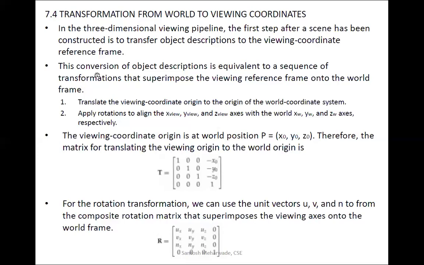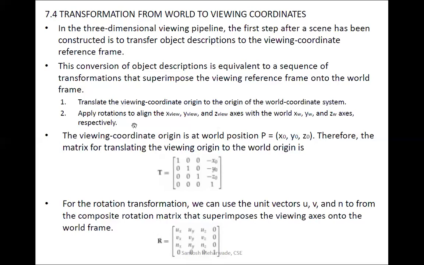The object is there in front of you, that is physical, it will be there only, but its image can be seen on the part of your eye that is nothing but the retina. So that transformation operation we are going to do here. First of all, translate the viewing coordinate origin to the origin of the world coordinate system. We have already discussed what a world coordinate frame and a view coordinate frame are. You have to plot some xyz coordinate frame for that viewing coordinate; its origin can be brought to the origin of the world coordinate system. So you are performing the inverse translation operation.